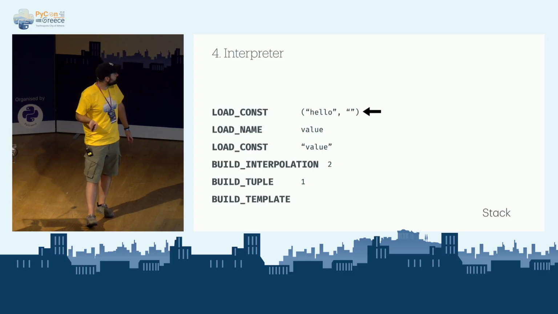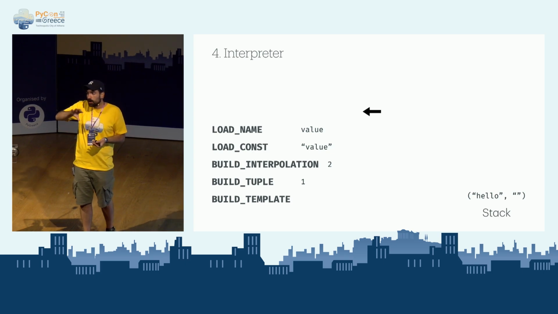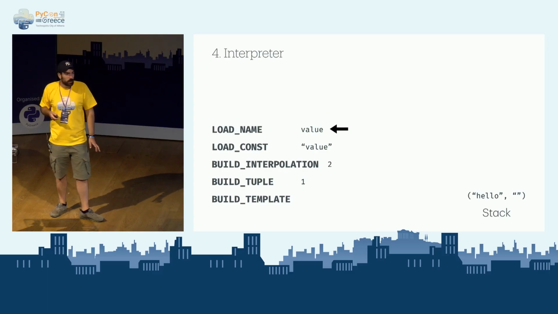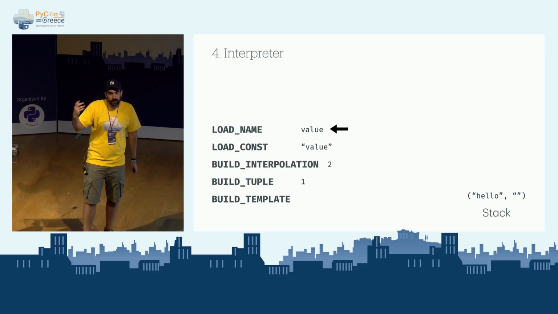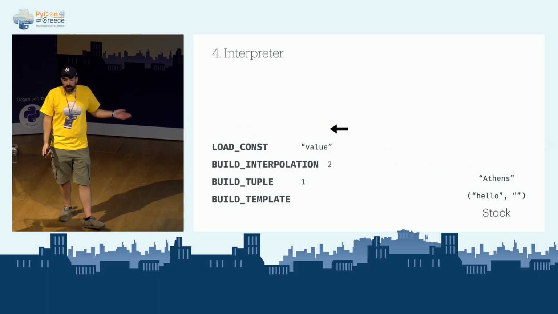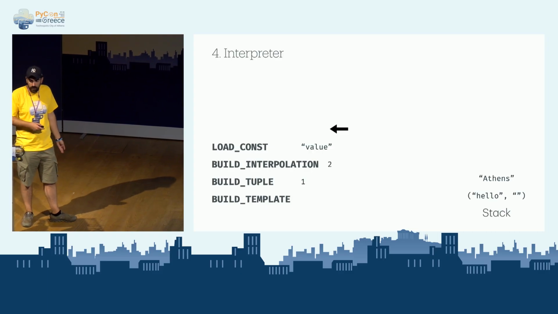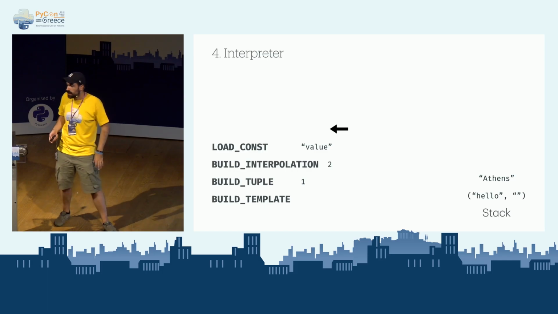For example, the first instruction is load const, which is load something onto the stack. The second instruction is a load name. What that does is go to the symbol table, find a variable with that name, and load the value onto the stack. In this example, we know that the variable has the value Athens,